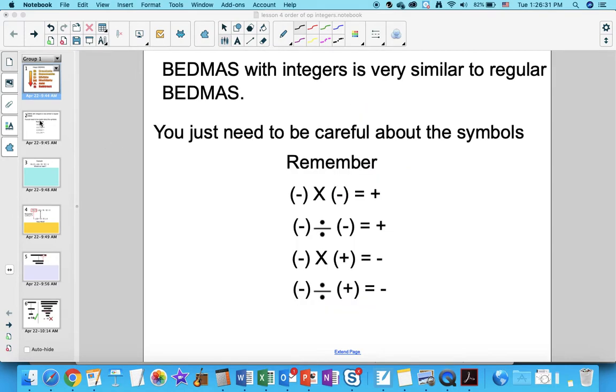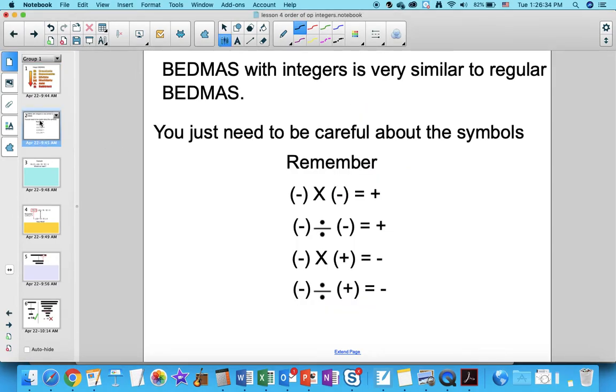So the same rules apply, but you've got to remember the specific rules for multiplying and dividing integers as well, right? Negative times a negative is positive. Negative divided by negative is positive because there's two negatives. Negative times positive is negative, and negative divided by positive is negative, because you only have one negative, so your answer will be negative, right? So as long as you take your time, follow the BEDMAS rules, and remember your integer rules, this will be